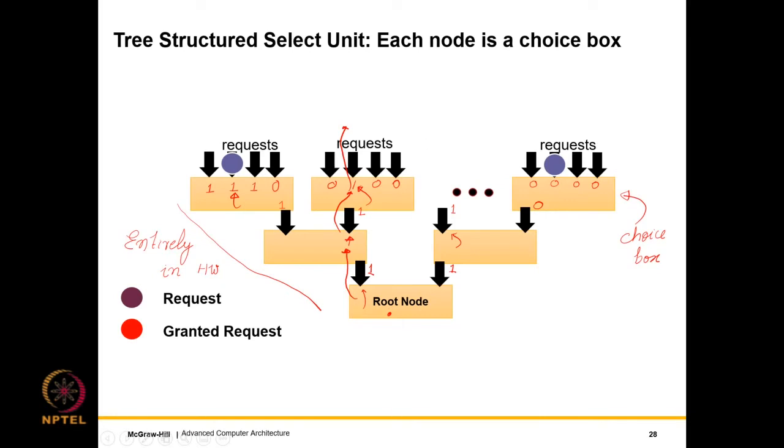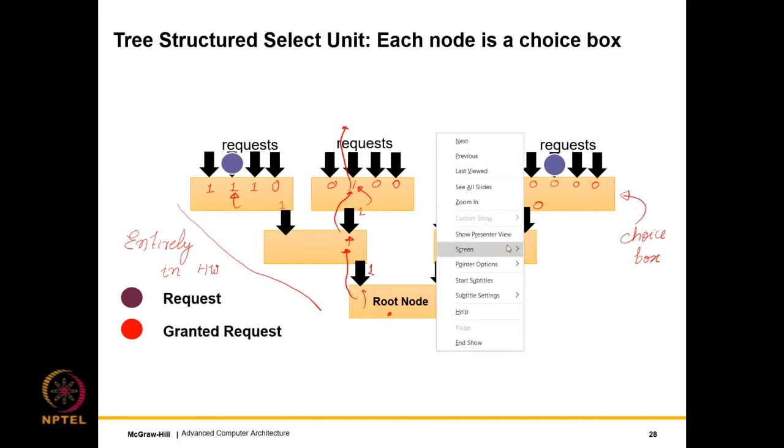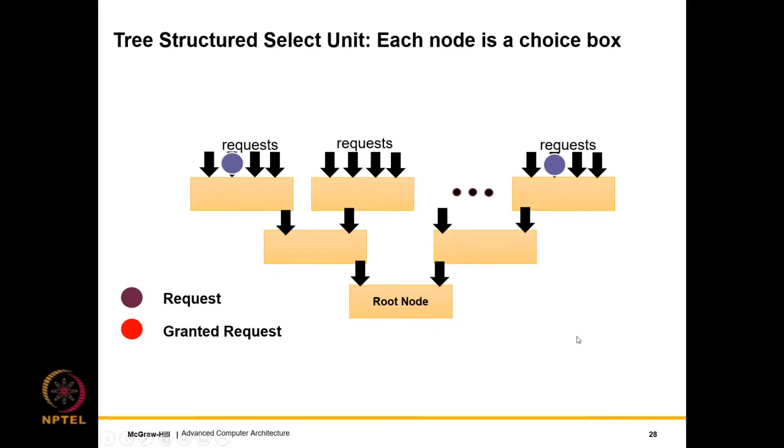What we need to do now is create a fairer version of the selection mechanism, but I have a small animation that I can show you. Let us say that we have 2 requests with these blue circles over here. This is how they flow. They come to the root node. Assume that there are no other requests. The root node chooses one.